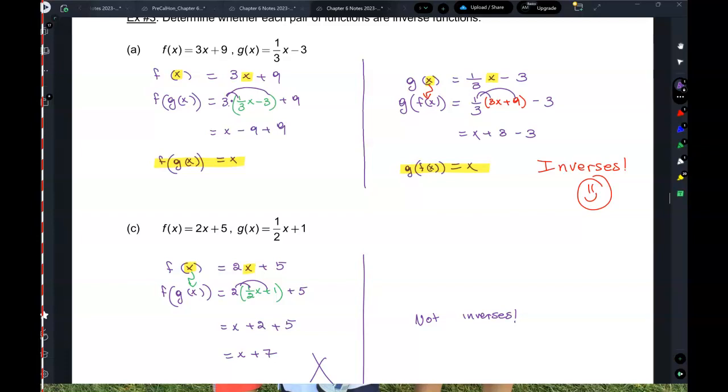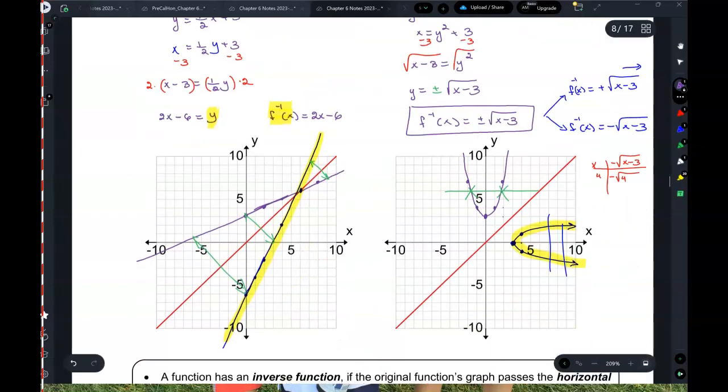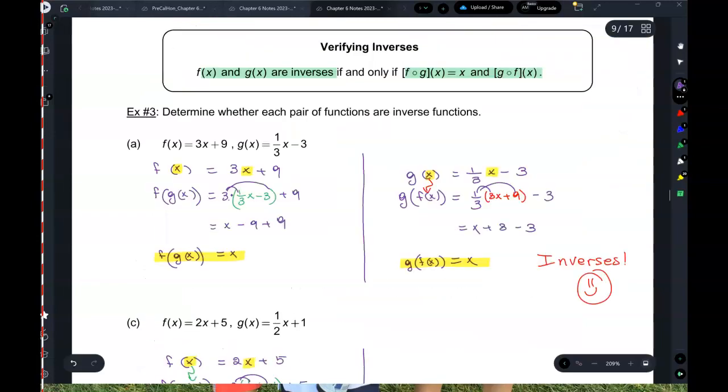Because initially, when we did that whole symmetry thing, remember how this is the line y equals x? It's all about the x. Okay, so